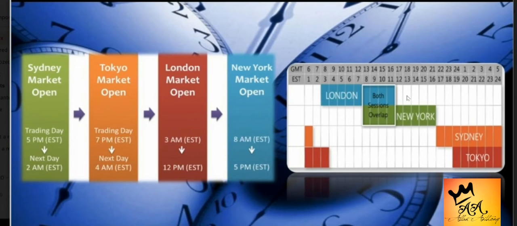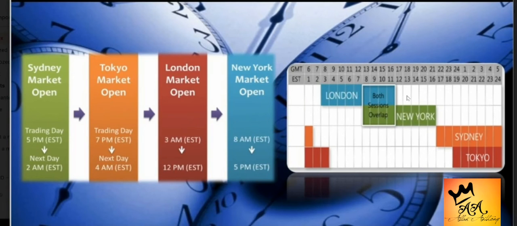Okay, so once again, with the London session, which basically starts at 3 a.m. Eastern Standard Time, all right, and it goes up to about 11 a.m. Eastern Standard Time. Now, in the London session, you would basically trade currency pairs like the euro and Great British Pound. So basically, mainly the Great British Pound you would trade in that time, all right, or the euro dollar as well. In the New York session,